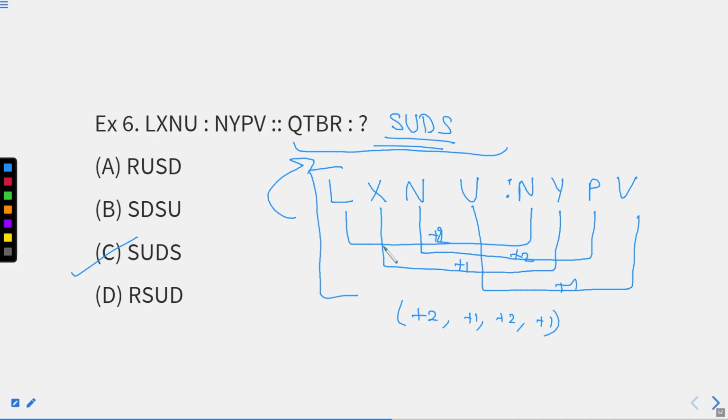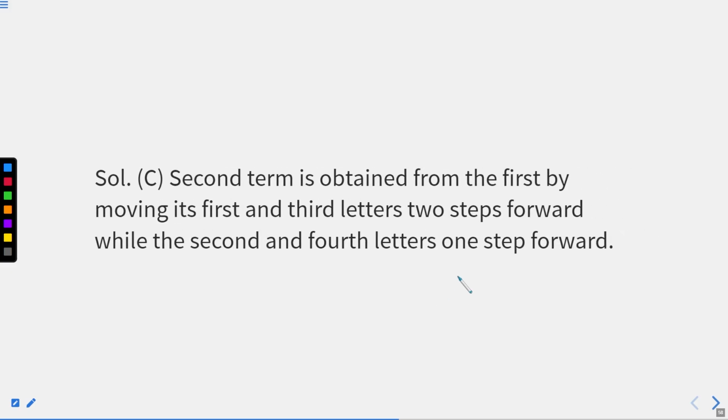The best thing to learn is to learn the concept. So every time I'm solving any question, I'm explaining you the concept behind this. This is the concept. You have to find the relation. You can write the answer in this manner as well.